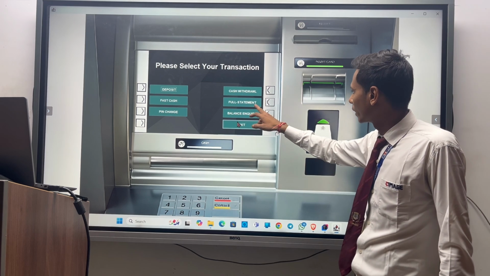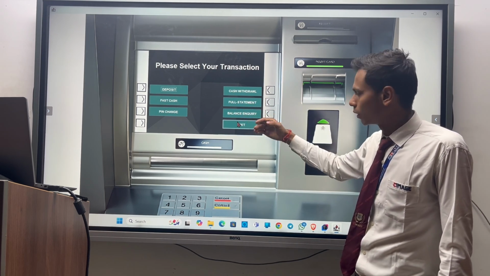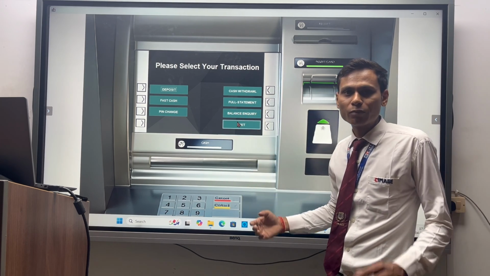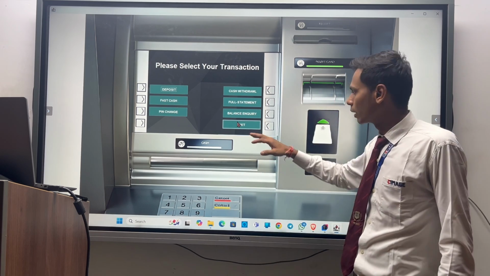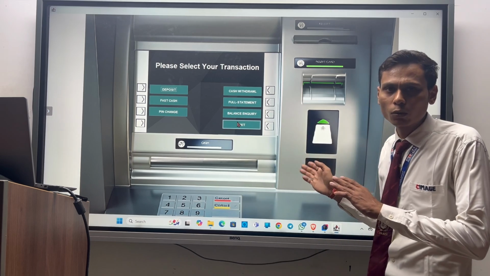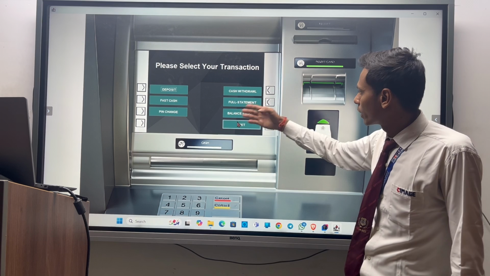All details will be mentioned over here, which we will definitely see further. We can also do a balance inquiry, to see how much fund remains in our account. And there's an exit button, if you want to leave this page. So let's see one by one.